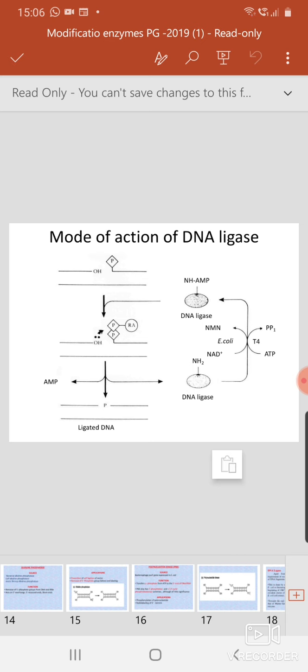In the figure you can see both sides: on one side E. coli ligase, which uses NAD+, and on the other T4, where ATP is the cofactor. In both cases an enzyme-AMP complex intermediate is formed, which binds to the nick region where the transfer takes place and the bond gets joined.